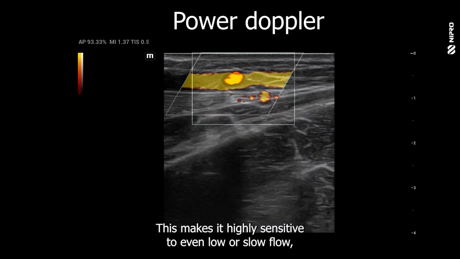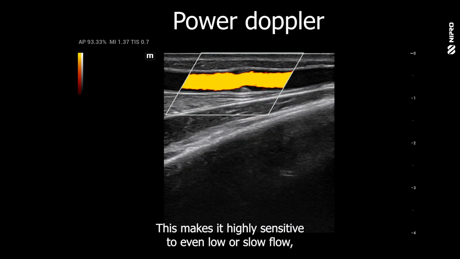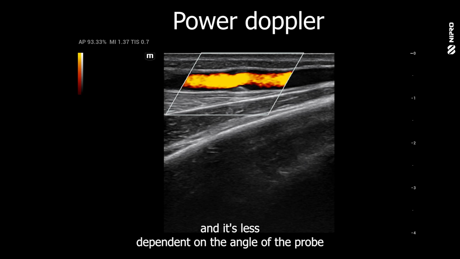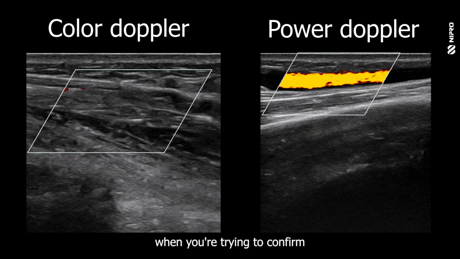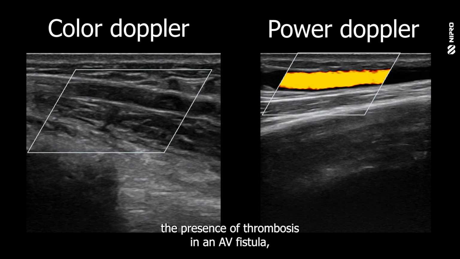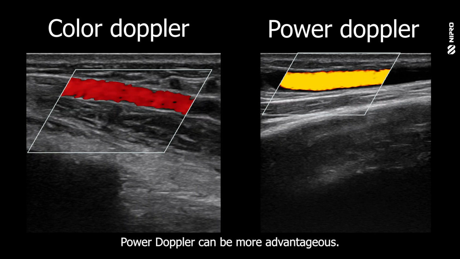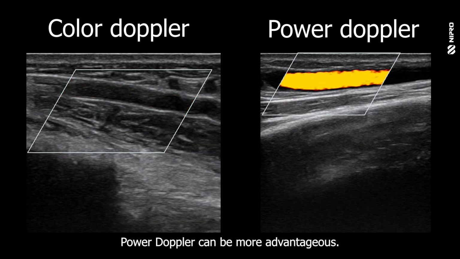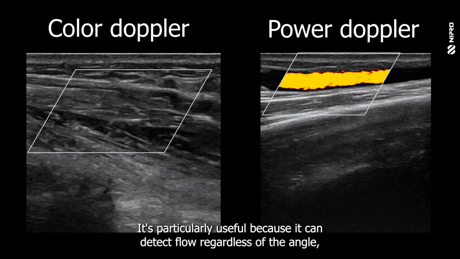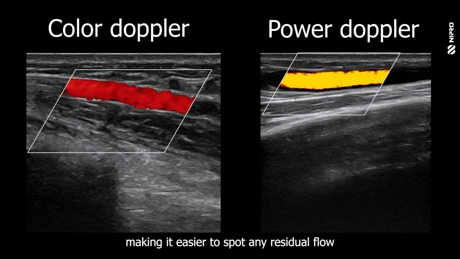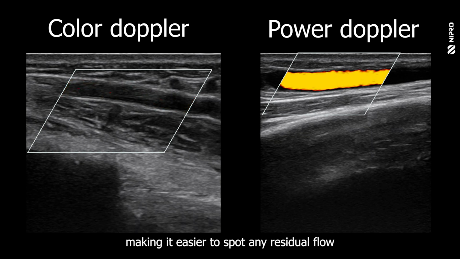This makes it highly sensitive to even low or slow flow, and it's less dependent on the angle of the probe. When you're trying to confirm the presence of thrombosis in an AV fistula, power Doppler can be more advantageous. It's particularly useful because it can detect flow regardless of the angle, making it easier to spot any residual flow